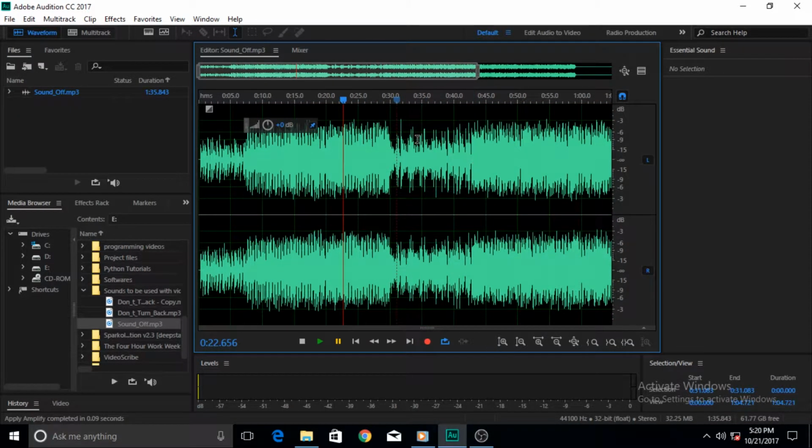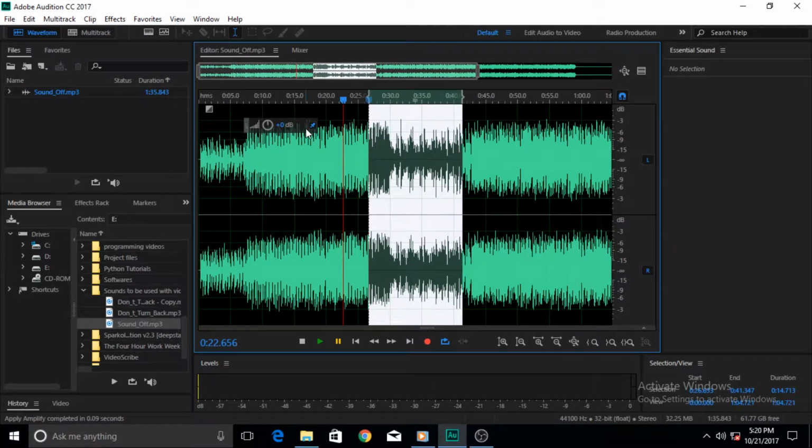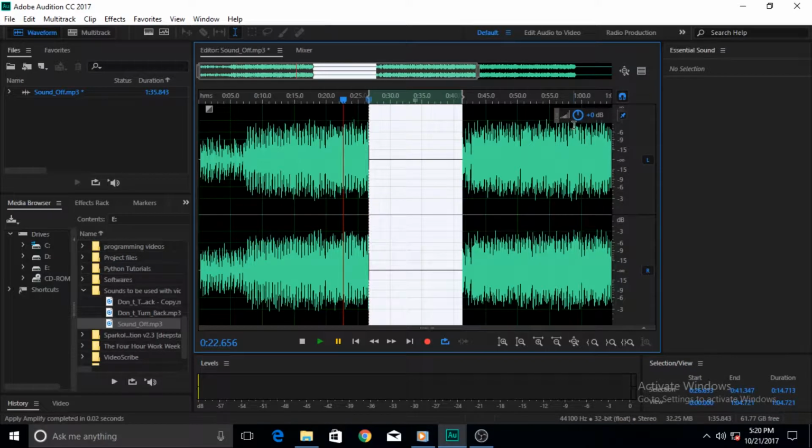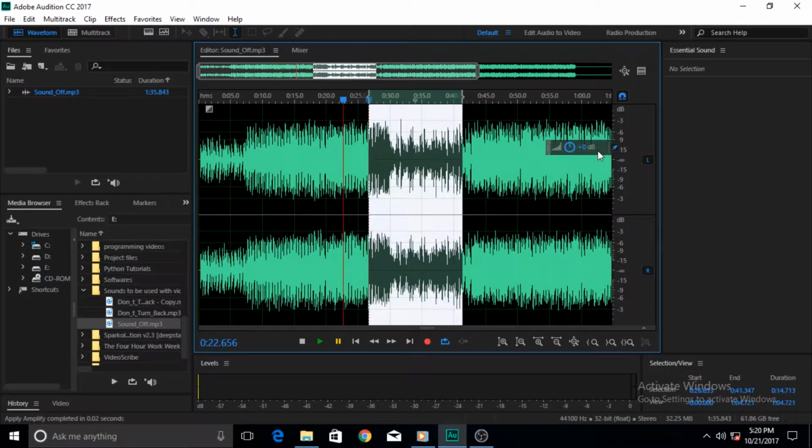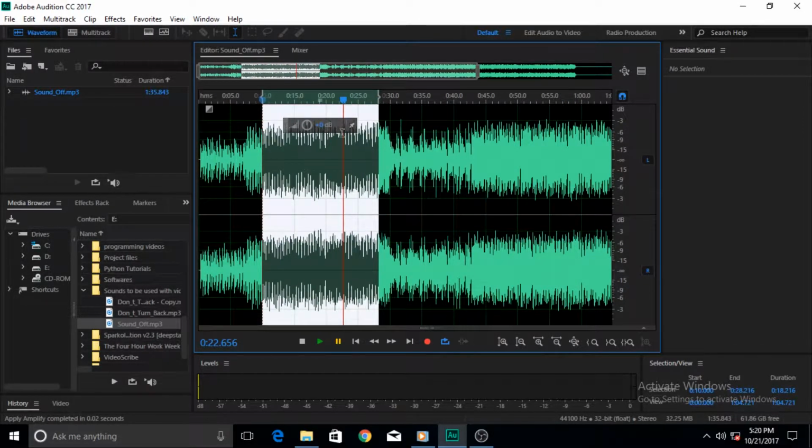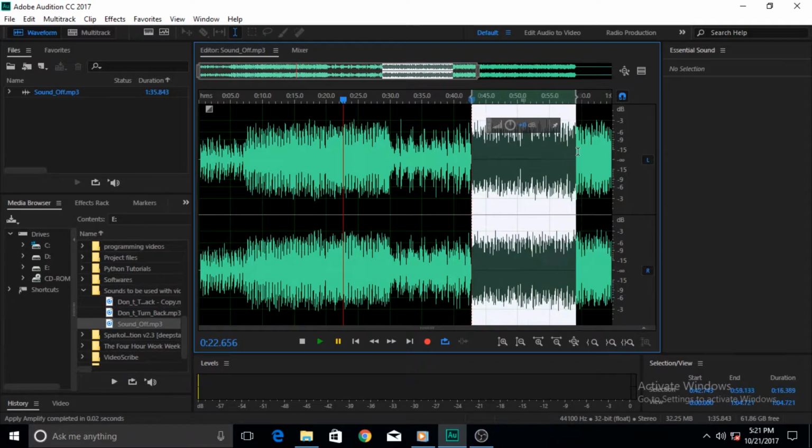The other thing about this is when you make a selection, it stays in place, but this pin, as you can see in here, pins it to this place. But if you want to move it to another place, then it will stay pinned to that place. It is movable if it is centering your display and you want to see a certain portion of your clip. But if you unpin it, then when you make a selection, it automatically comes to that selection region. Now I made a selection here, it has come here. If I make a selection here, it comes here.